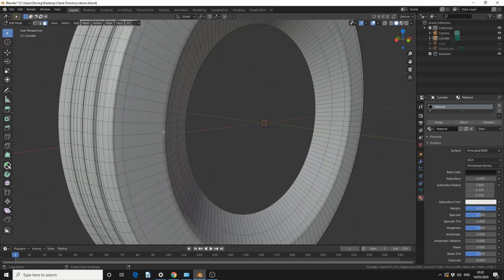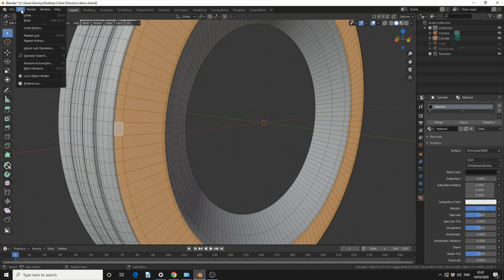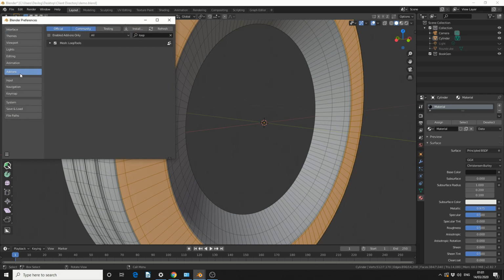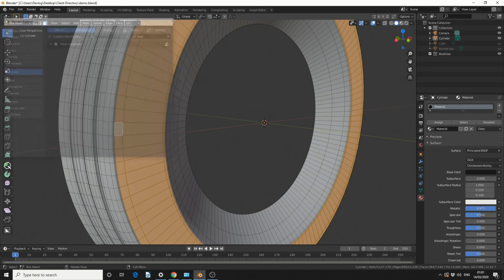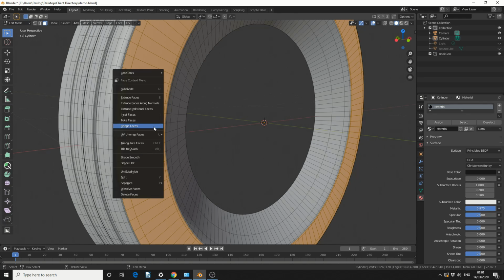So I'm actually going to do another loop select here, and I'll show you loop tools. Now loop tools is one of these add-ons you should probably have installed by default. So if you go to edit, preferences, add-ons, enable loop tools, and then start playing around. So if I right click, you'll see that I now have a new menu called loop tools,